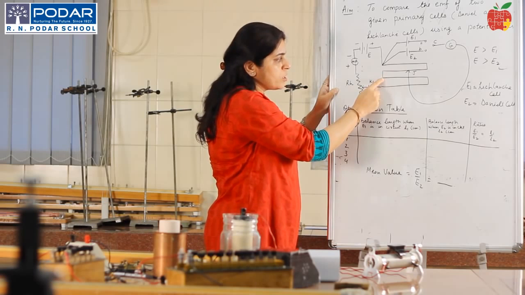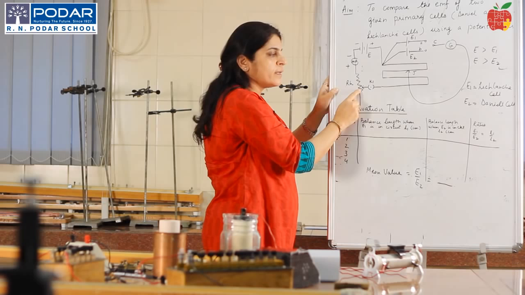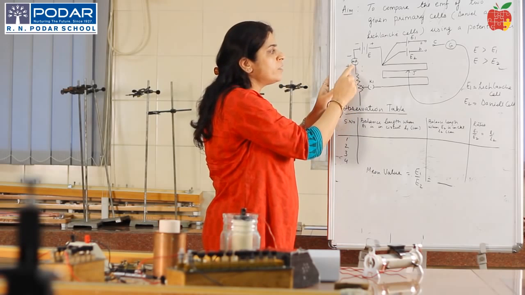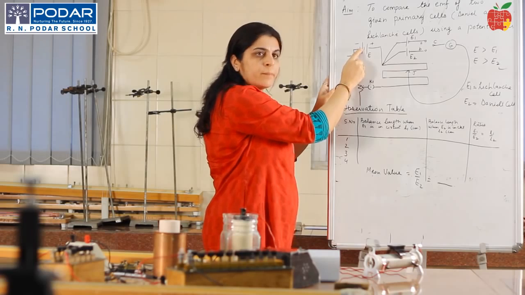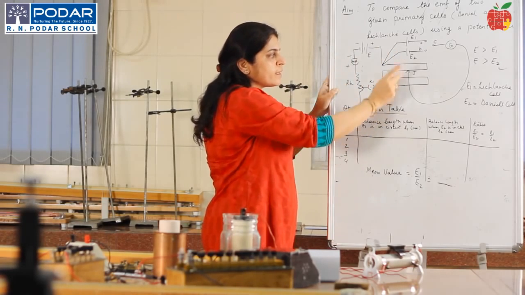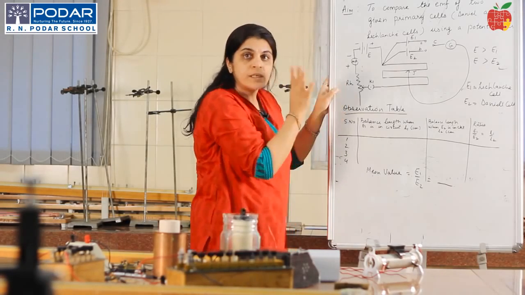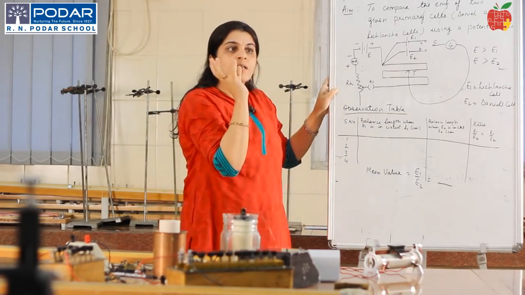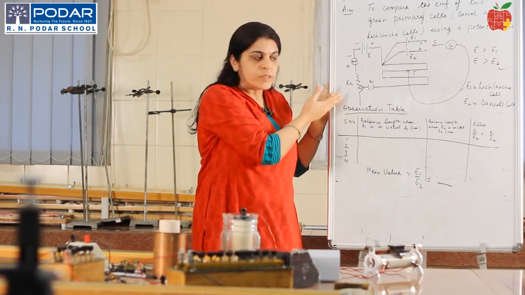The terminal point, we can see, is connected to the key, then the other end is connected to the rheostat, and the other end of the rheostat is connected to the milliammeter and then to the negative of the battery. This entire circuit, as you studied in your theory, is called the driving circuit, which maintains a constant current in a circuit for the potential drop to occur, and that is the principle of the potentiometer.